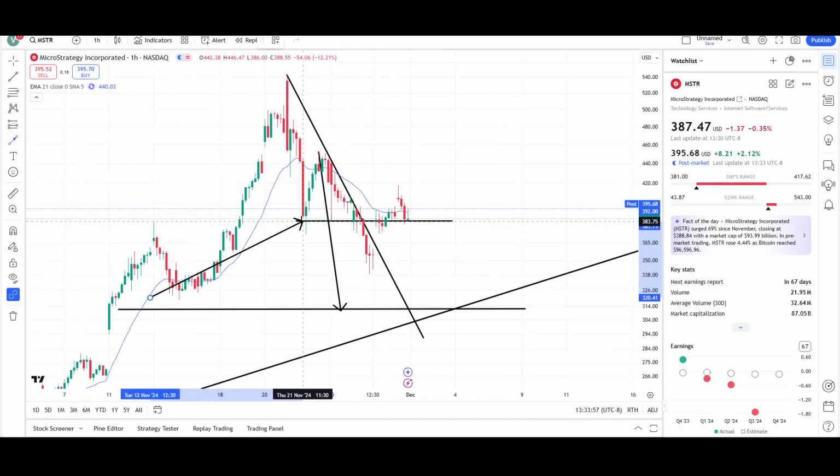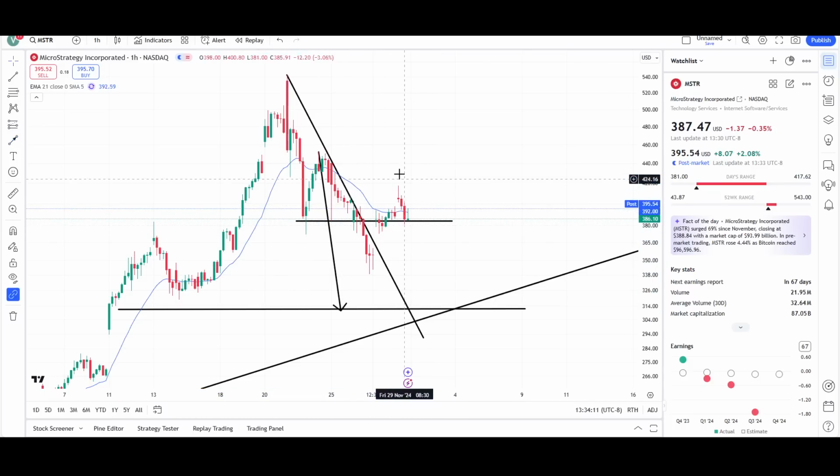This was support right over here, support right over here. Price found a little bit of support, but the bears were able to push through because they were strong. And then price got back above to that level. Price broke above, and now we're back above it. So it's trying to maintain the support level. If it can, we could probably see price get back up to the mid $400 level and possibly make a new all-time high. If it fails below this mid 380 level,